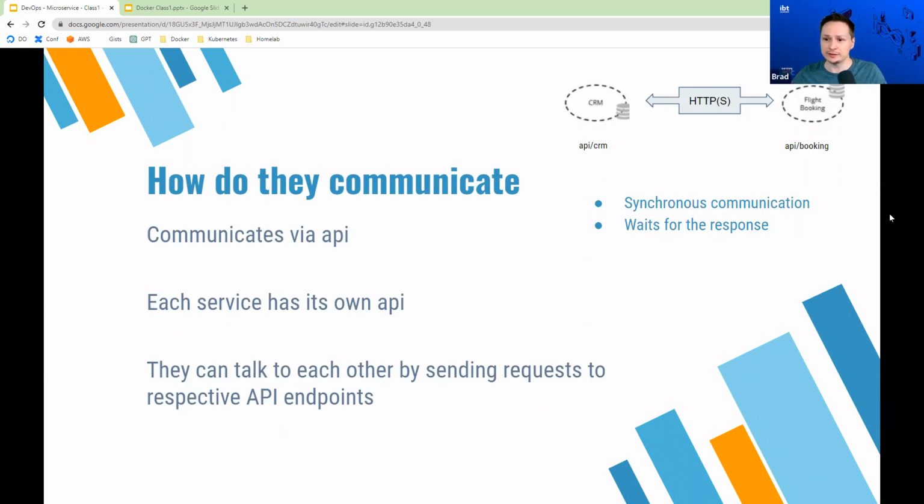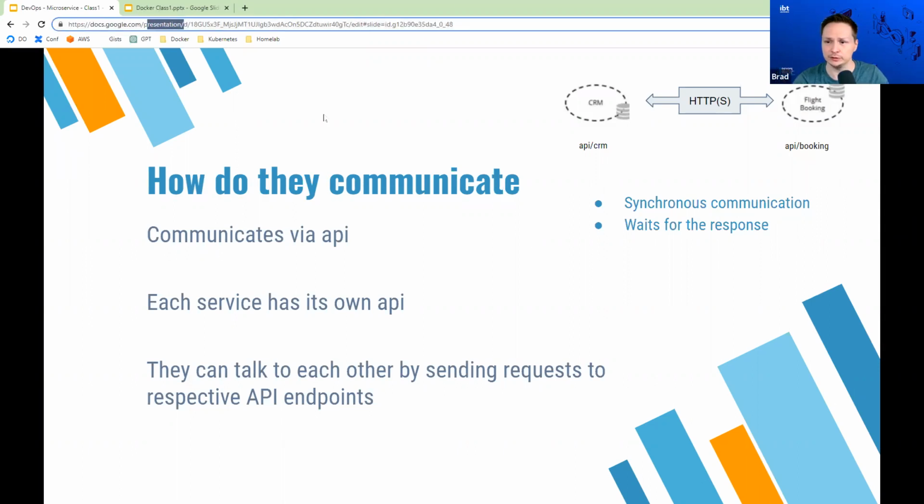You send a request to a certain API endpoint. An endpoint is just a portion of the URL. And the backend service is going to give a response based on the endpoint that you sent the message to. So the different microservices talk to each other through HTTP using API endpoints.